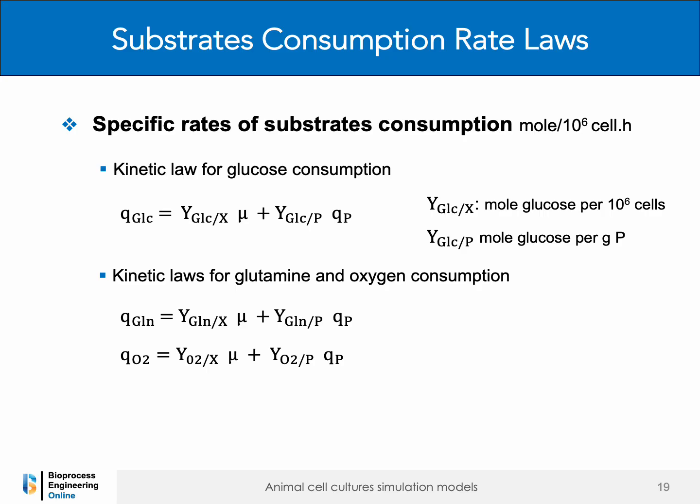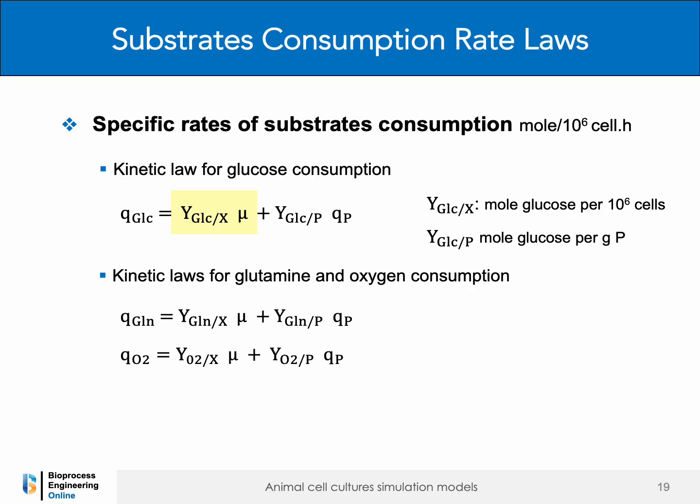The kinetic expressions for substrate consumption describe how cells use nutrients to support both cell growth and recombinant protein production. For glucose, the specific glucose consumption rate, QGLC, is expressed as the sum of 2 contributions. The first term is proportional to the specific growth rate mu and represents the glucose required for biomass formation. The proportionality constant YGLC over X is the stoichiometric coefficient, expressed as the number of moles of glucose consumed per